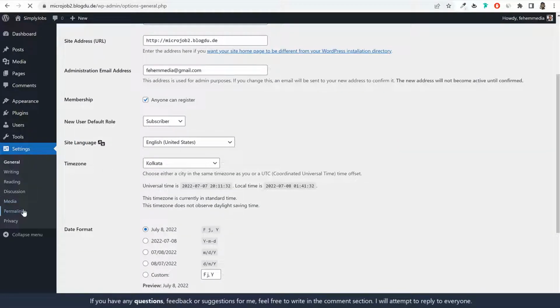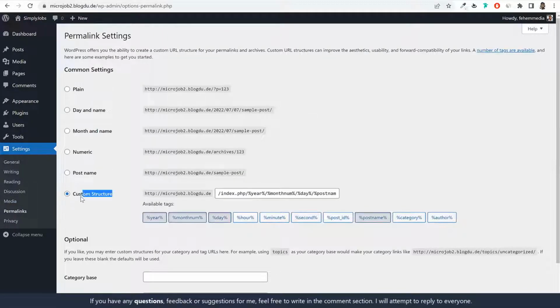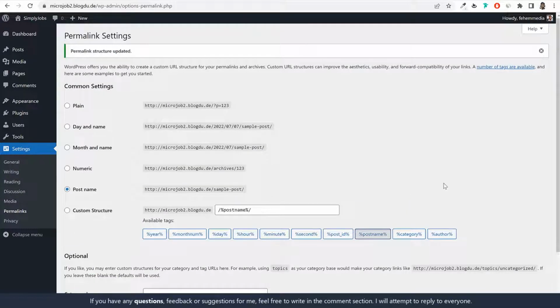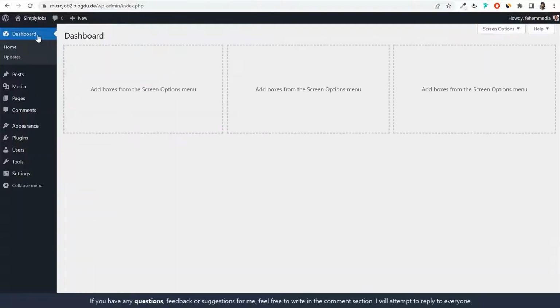Then under settings, click on permalinks, and custom structure, some other structure will be selected for you. We have to make sure that this post name structure is selected. Okay, this is the most SEO friendly permalink structure. So make sure post name is selected. Again, go ahead and click on save changes. Now again, if you come back to your dashboard, and with this we have completed all the basic settings related